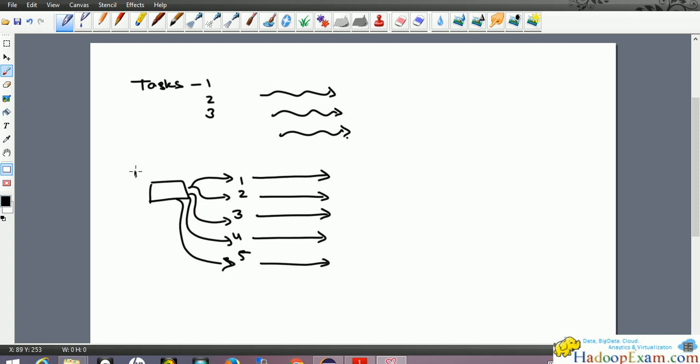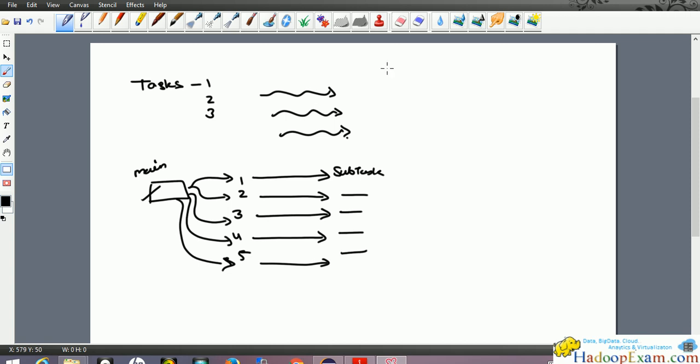That is the main task, and these are the subtasks. Dividing a task into multiple parts and then running them in parallel is called parallelism. That is the difference between concurrency and parallelism.